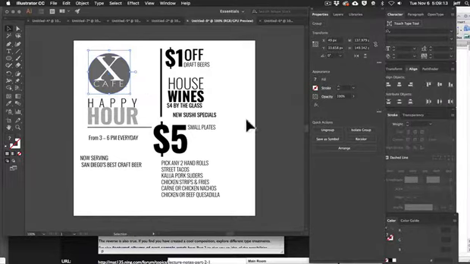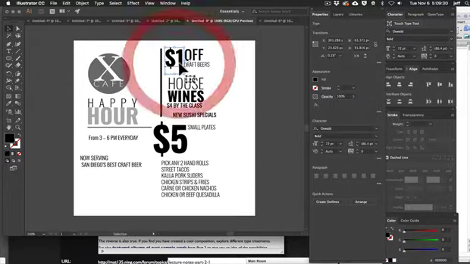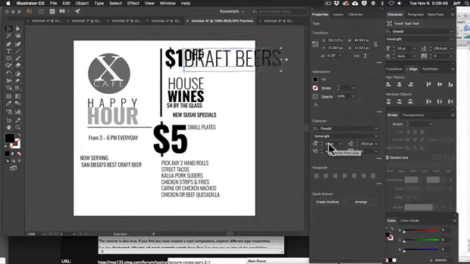Okay, so then once you've got your hierarchy thinking all figured out, then you start playing around with the type hierarchy, right? And so now I've got, you know, remember we're stuck with 3 different type sizes, font sizes, okay? So you basically can pick whatever sizes you want, but you're limited to 3. So what I've done here is I've picked 72 point for my large. I've picked 48 point for my middle size. And I've picked 18 point for my small.